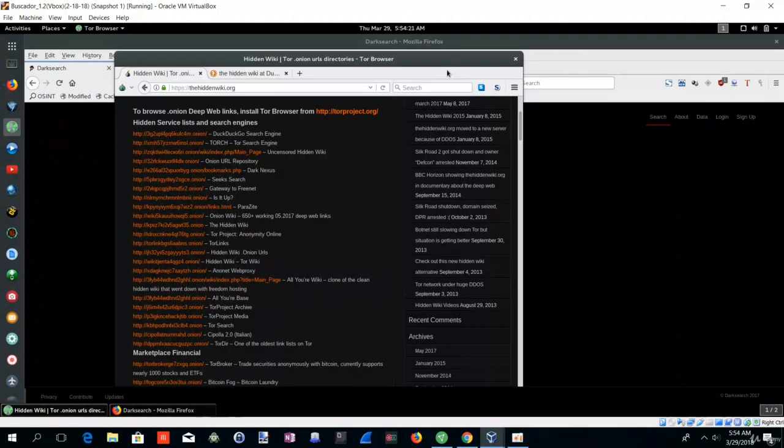And also be extremely careful where you're browsing and what you're looking for. Browsing certain sites on the dark web, or just browsing the dark web in itself, may get you into legal trouble depending on what you're looking for and where you're at. So you can find a number of onion links at